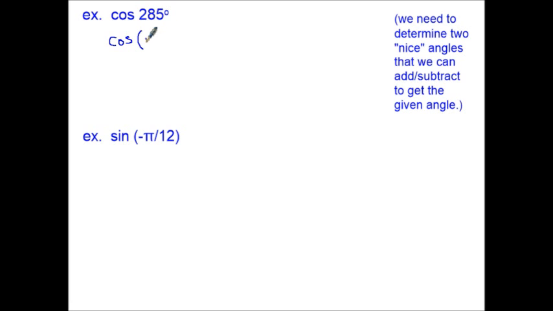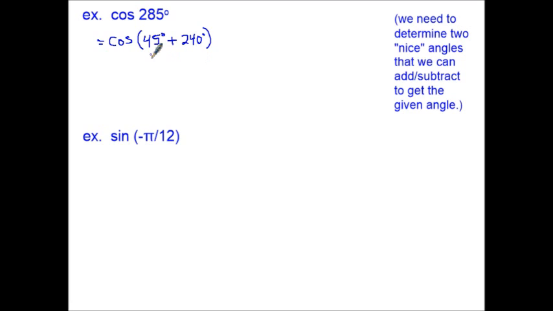Okay, so for instance, big hint here, this ends in 5. So I'm going to peel off a 45 and then see what's left, and by taking off 45 degrees, that leaves me with 240 degrees. Okay, so at this point, and for time constraints in the video, you plug this into the formula,